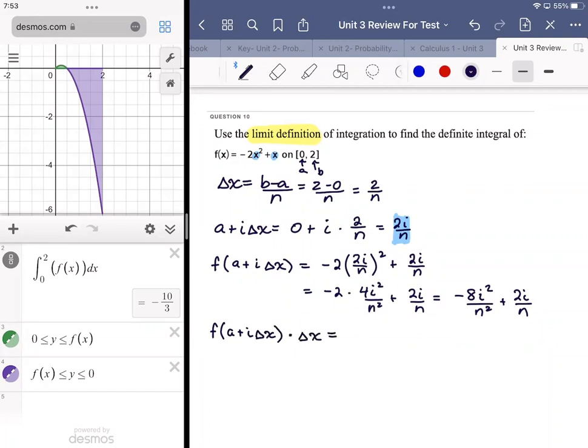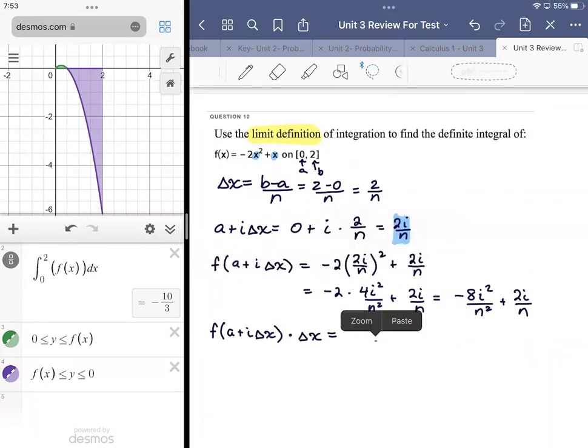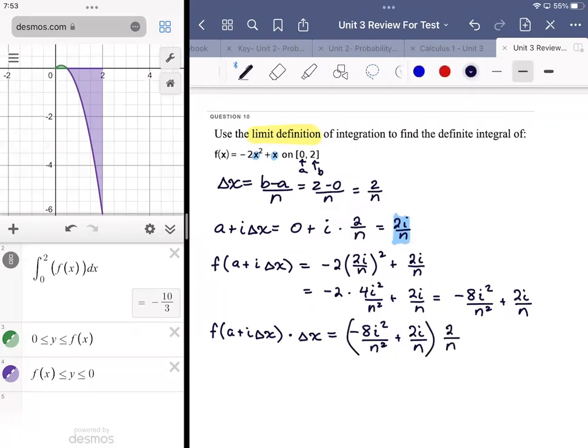So this expression is going to get multiplied by 2 over n. So that's going to give us negative 16i squared over n cubed